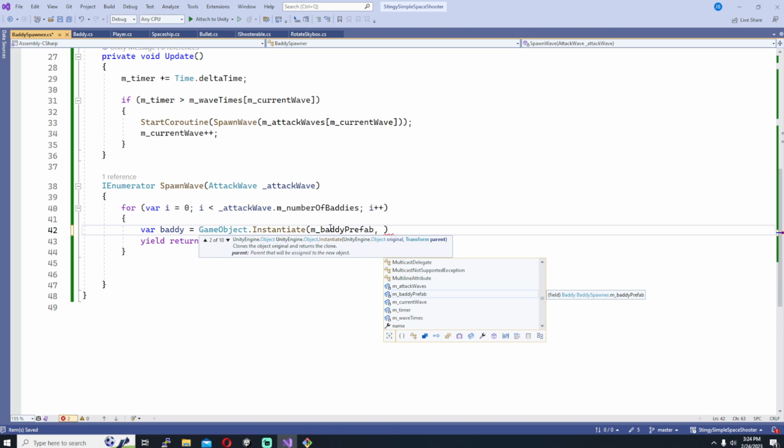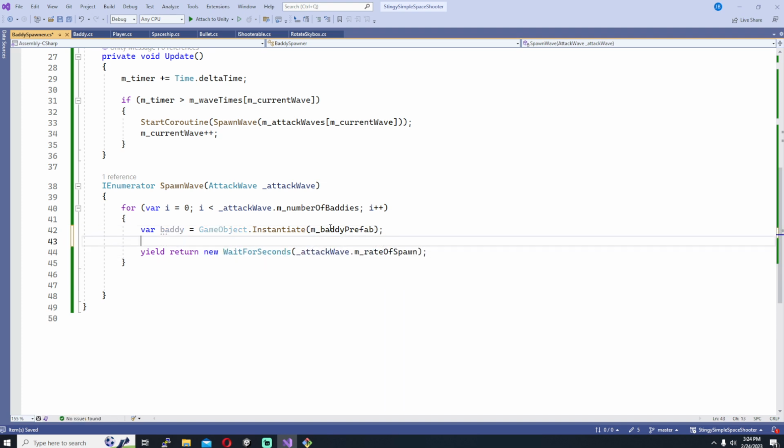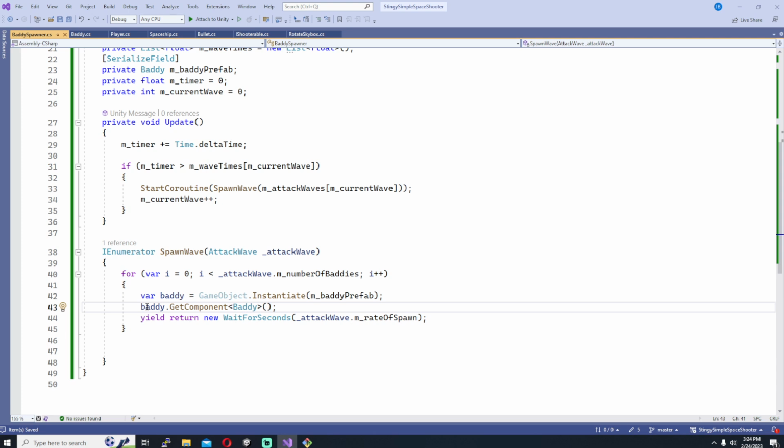Don't care about the parent or anything like that. baddie.GetComponent<Baddie>, and then we need to, you know what I should do actually. Sorry, because this is just a game object, and we want the Baddie component from the game object,